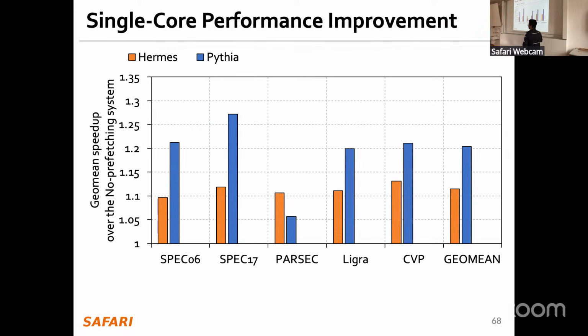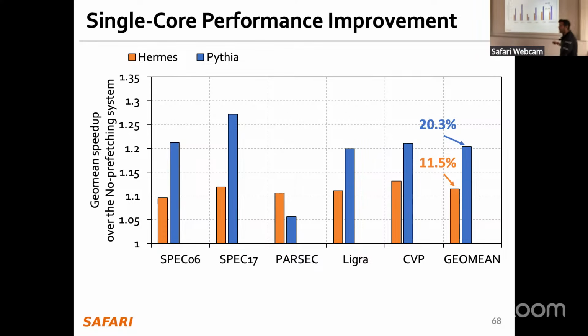On the x-axis, you have different workload categories. On the y-axis, you have the performance. Again, higher is better. What I'm showing here is Hermes, which is the proposal we just did, compared against Pythia, the prefetching mechanism we showed before. By itself, Hermes is not as performant as Pythia. Why? That's obvious, because Pythia can anticipate much ahead of time that your program is going to need this in the future. But Hermes can't. Hermes waits for the program to generate the request,